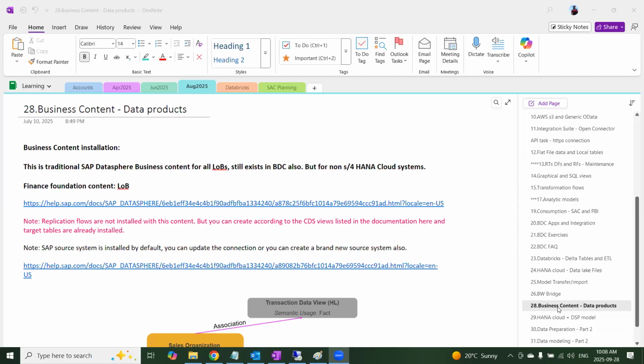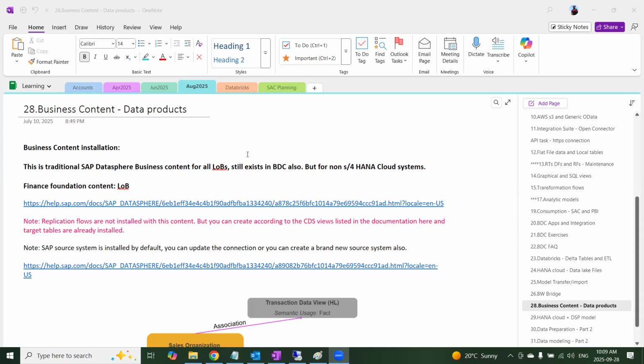In the context of data products from BDC, you get standard data products from SAP, right? So you know the difference between business content that is currently there in DataSphere versus SAP managed data product. It is exactly the same. SAP is not saying it, but I see exactly the same in the model, the CDS view model, to 99%. The difference is that they are going to get you the data integration